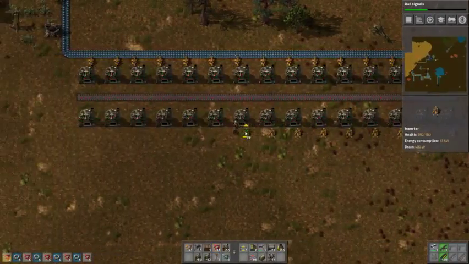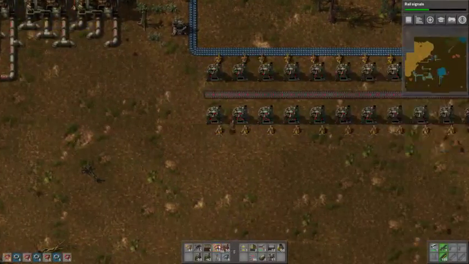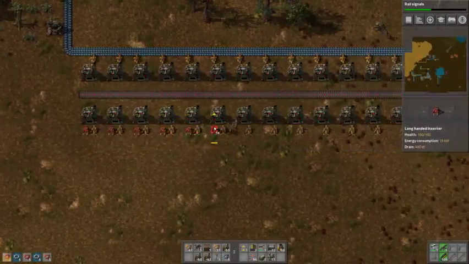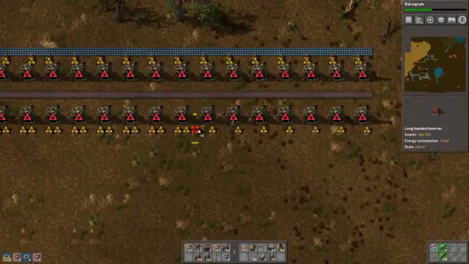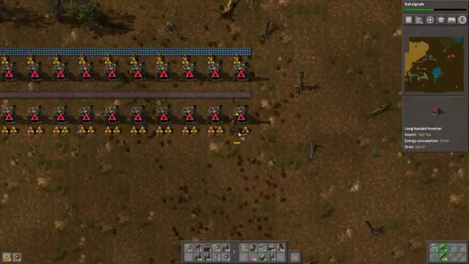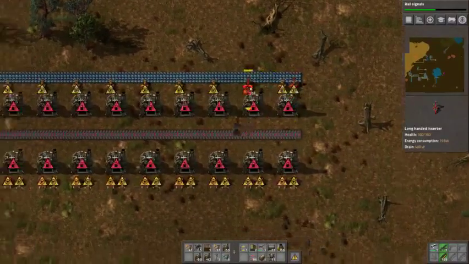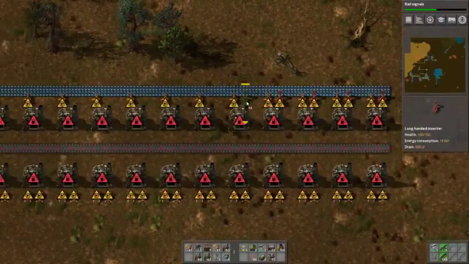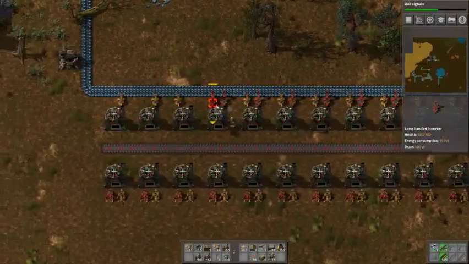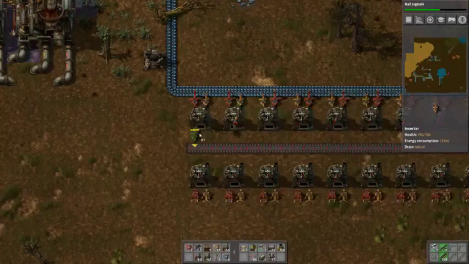Actually, probably should have researched that cloning blueprint, and that would have made this a lot easier. Oh well. Basically, we're going to have an identical setup to what we had on our bottom iron production. And we just need to...